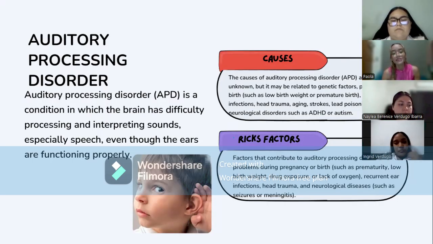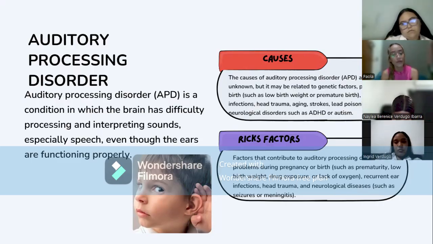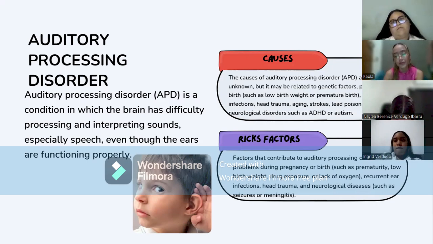Some causes of auditory processing disorder are often unknown, but it may be related to genetic factors, problems during birth, such as low birth weight or premature birth, recurrent ear infections, head trauma, aging, strokes, lead poisoning, and other neurological disorders such as